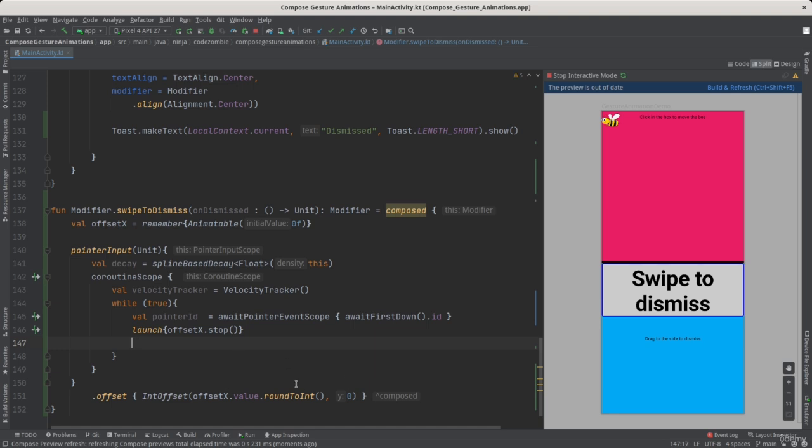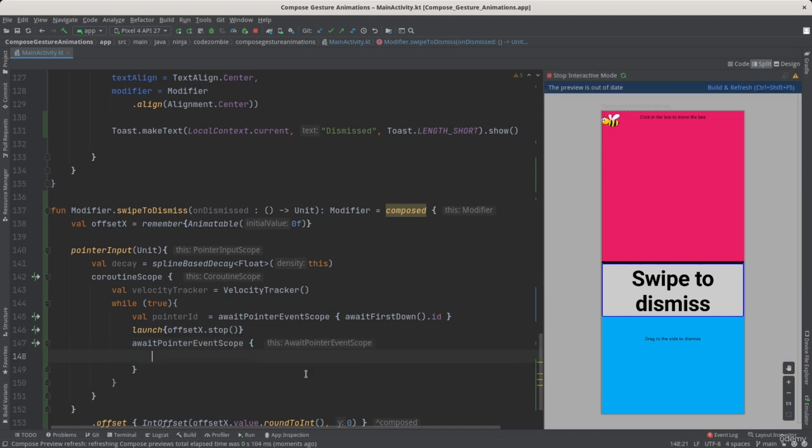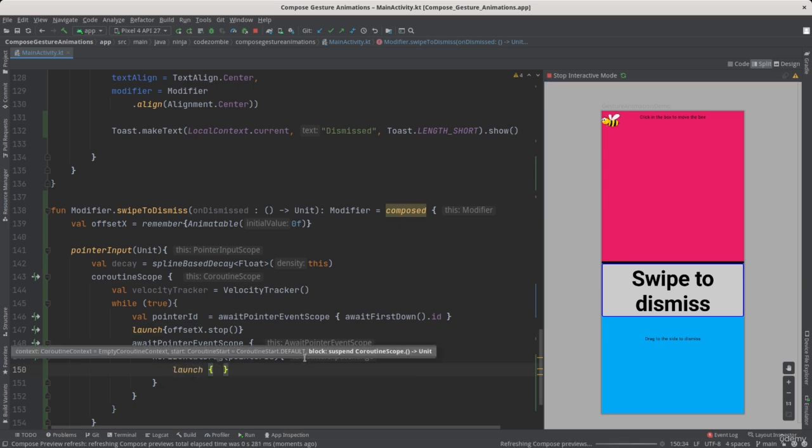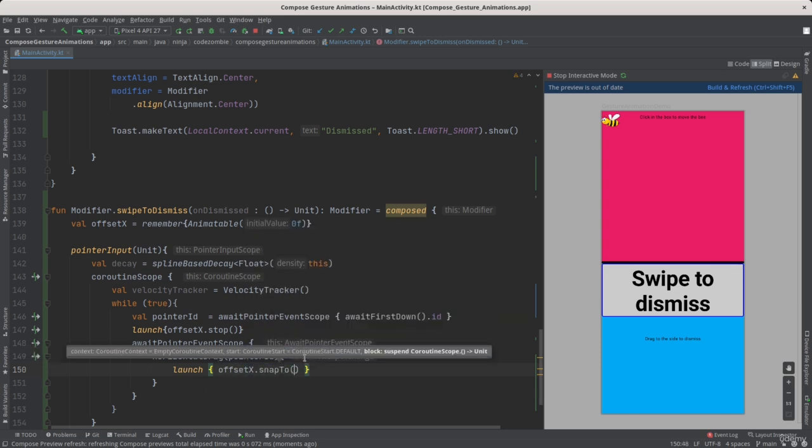And then I run another awaitPointerEventScope so that I can detect a drag inside it. I can run a horizontal drag with the pointer that I have detected earlier, pointerId, and then I decide what to do on every drag. On every drag, I'm actually moving the item to a new location, so I need to update the offset to those new values, to that new location. So I call launch, offsetX.snapTo the new location. How do I know where the new location is? The new location is calculated by calling offsetX